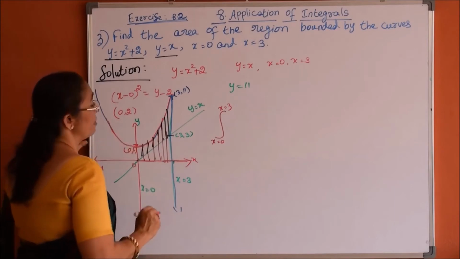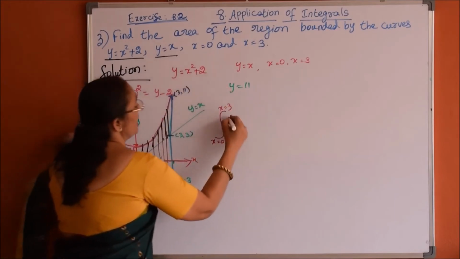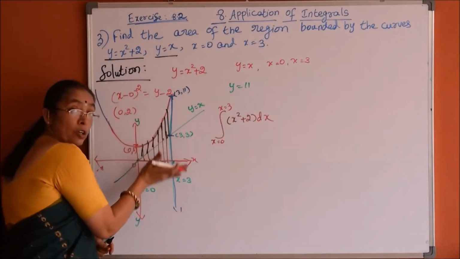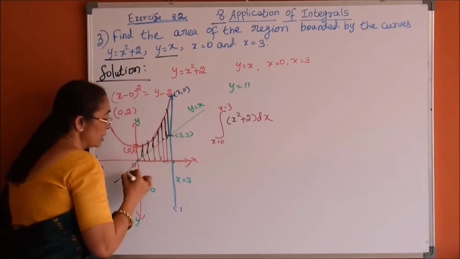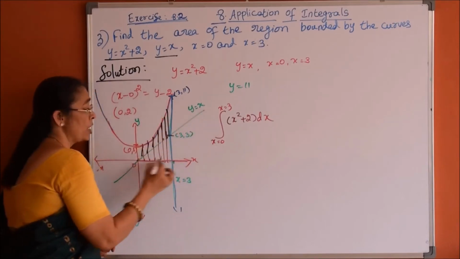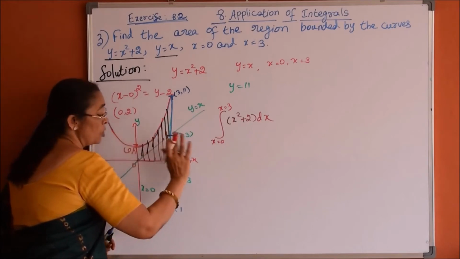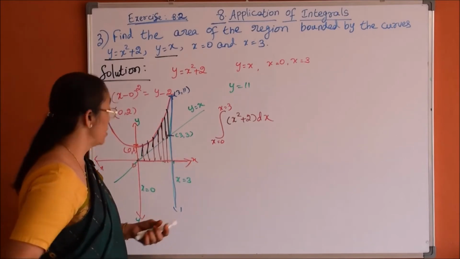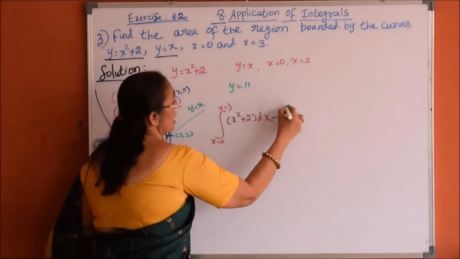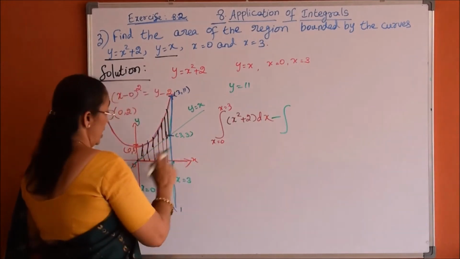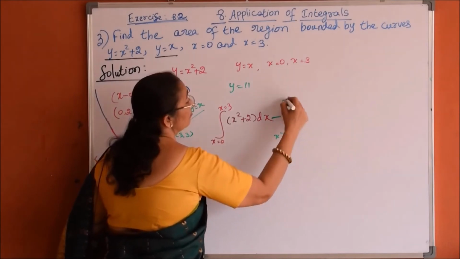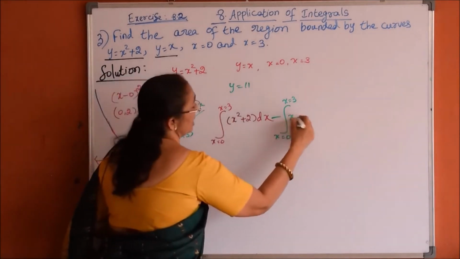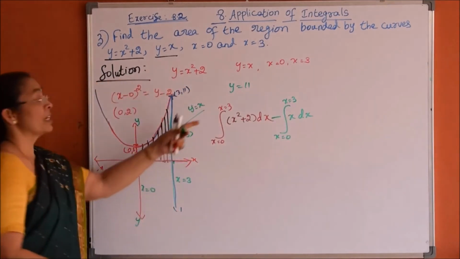So what is the parabola curve in terms of y is equal to f of x? It is directly integral of x square plus 2 dx. So the whole portion we got. From this we have to subtract the area covered by this straight line y is equal to x between the two lines x is equal to 0 and x is equal to 3 with the x axis. So the second one is minus the integration from x is equal to 0 to x is equal to 3 by the line y is equal to x. So directly it is x dx. So this is our required area.